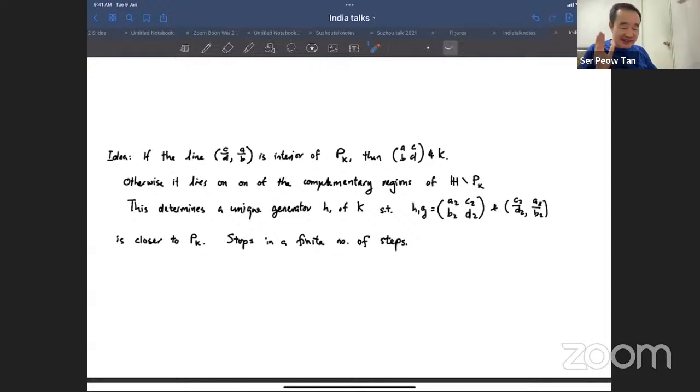So it sounds more difficult than it is. It's just simple geometric bookkeeping. Okay? It's just saying, here I'm going to find the correct generator of K that moves this thing closer. And then for the new one, again, I find another generator of K that moves this closer. If at the end of it all, I end up at the line 0, infinity, okay, fine, then it's an element of K. If not, I end up at something